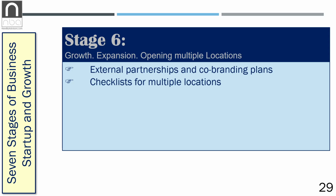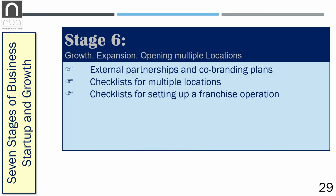The checklist for multiple locations, again, whether it's based on geography, whether it's based on physical product offering, it could be based on so many different factors. Or maybe you have built an operation where it's done so well, it's so process oriented, that you could maybe think of becoming a franchise. Even though we strongly suggest that we hold off on the franchise discussion until you've got at least 5 working locations. But regardless,